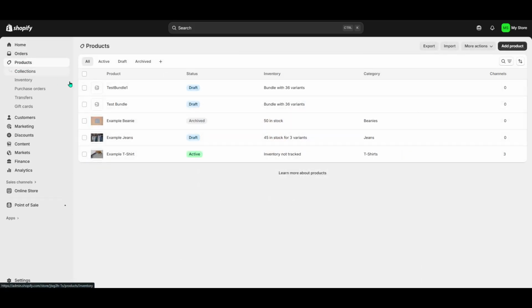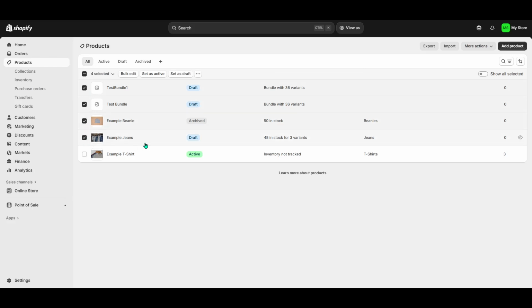Now that you're viewing your list of products, take a moment to ensure that your items are listed there. Sometimes, it might just be a case of your products not being marked correctly. Go through the list and carefully check the boxes for all the products you're having trouble with, the ones you need to show in your store. This step is crucial, as selecting the right products will ensure you're making the appropriate changes needed to resolve your